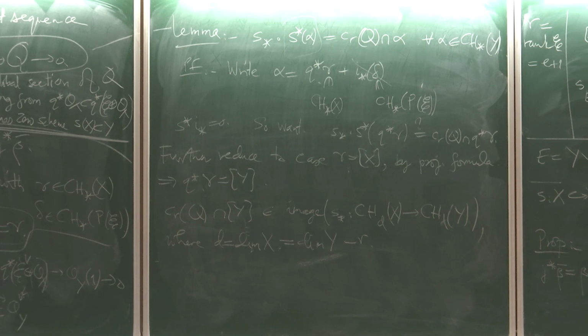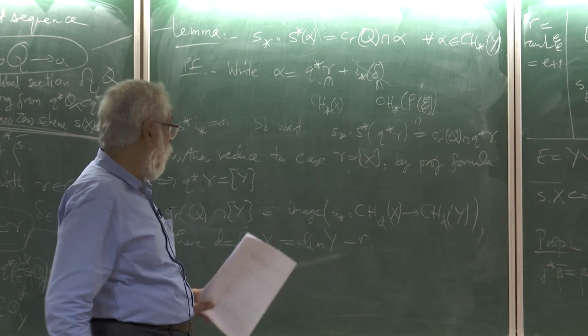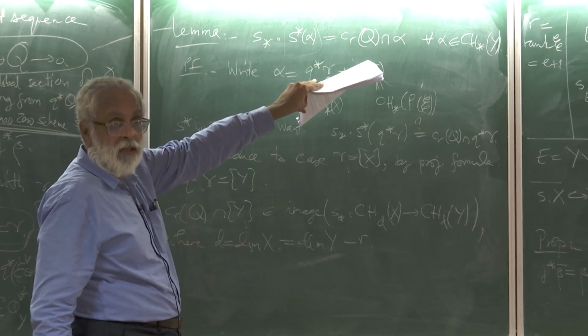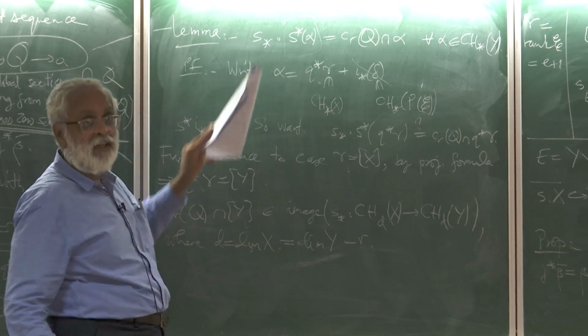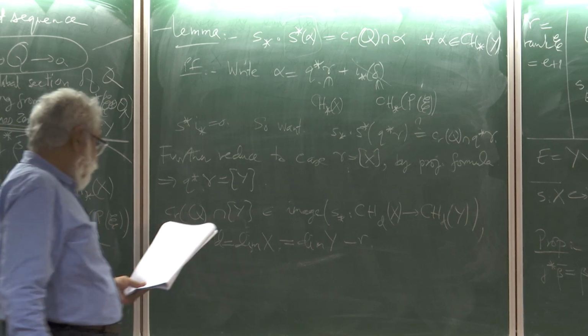The dimension of Y is R bigger, and capping with CR reduces the dimension, so it comes back to the dimension of X again. So I want to first of all claim this is in the image of S lower star. I'm actually trying to say S lower star of it is equal to that, but I'm actually saying it's in the image of S lower star. Let me first argue that. That's because,